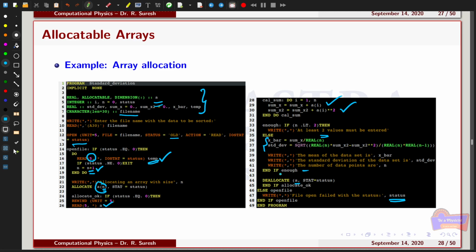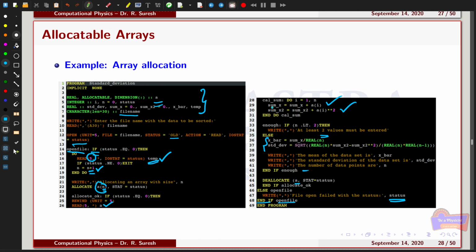Okay, so you can see that in this program I have used different if constructs and do loops. Each if construct and each do loop is properly named with the corresponding names. For example, I have used the open file. I can use the end if here. That means I have used several end ifs, but I can easily find out where this if is actually closed by using the named if. For example, I have used the end if of open file. That means this if is closed here.